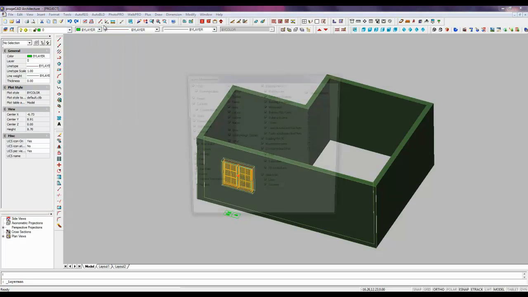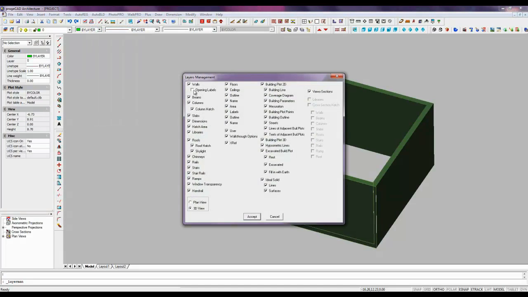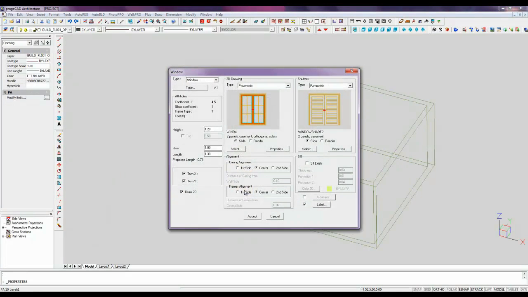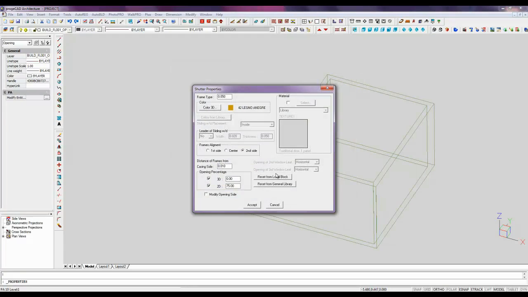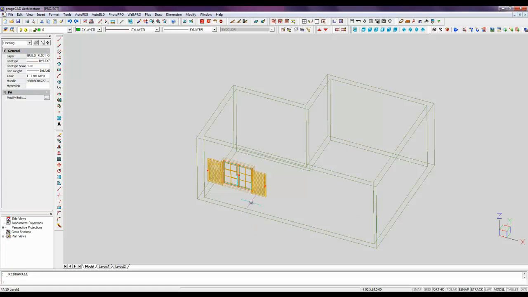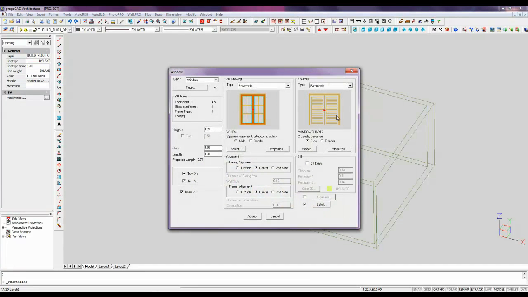From the menu Auto Build, we select Layers Management. Here we can hide all opening labels. Let's double-click the window to modify it. We're modifying the shutters, changing the percentage of the opening. progeCAD architecture parametric objects can be modified by double-clicking the object to display the Properties dialog,